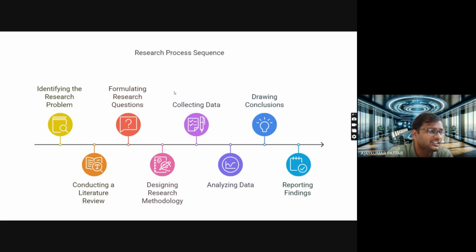We call it a research problem because we have to find a solution for that problem by doing our research, and it can be done through research. Some problems you cannot explain by research, so not all problems are research problems. That's why identifying the research problem is the most important one.